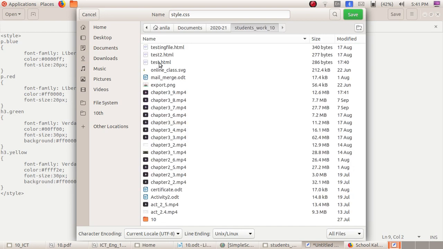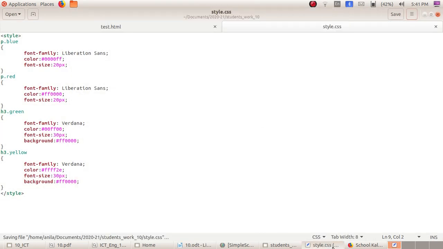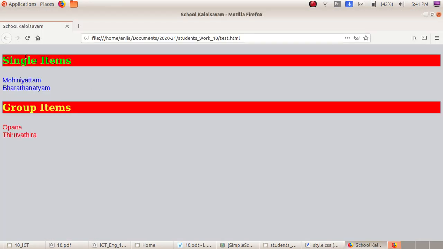See, here it is, the test.html file. So you want to save the style.css file in the same folder. Then click on the save button. Now we can just refresh this. Can you say what will be the output for this file? Yes, the styles, the attractiveness will be vanished. Now I am just refreshing it.